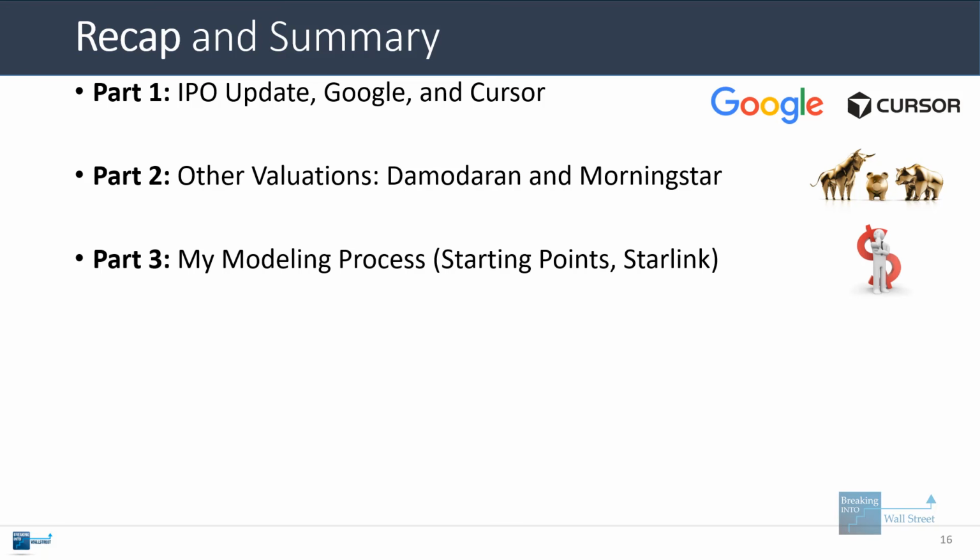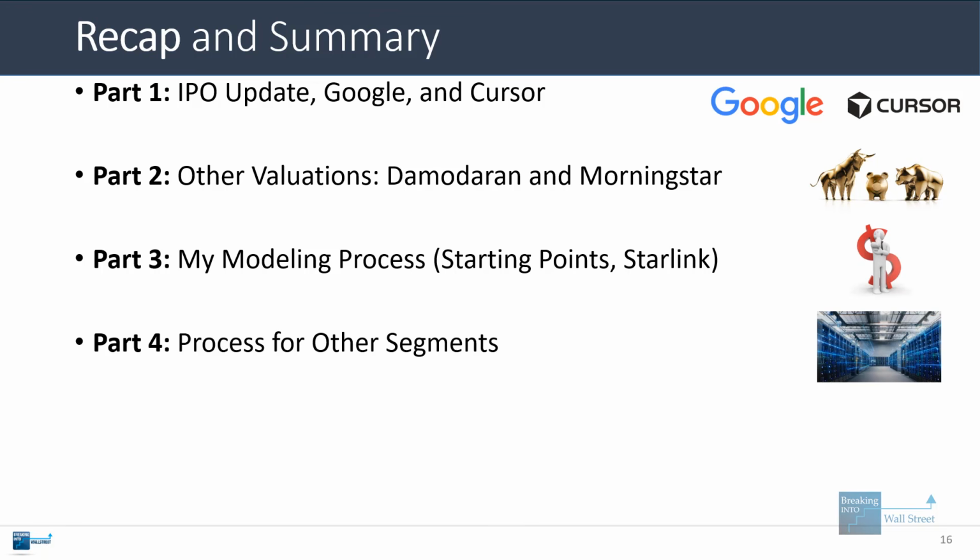With my modeling process, I explained a little bit about the thought process and how I started with Starlink and how I went through a couple iterations of going down different paths to come up with a reasonable approach here. The other segments were similar in some ways, but it didn't necessarily always make sense to use a market share and market size approach, such as for the space division. With AI usage and modeling, you can certainly use it for research and finding information and digging into companies, but I wouldn't recommend having these tools do the whole thing for you, especially if you are trying to learn this the first time around by yourself.